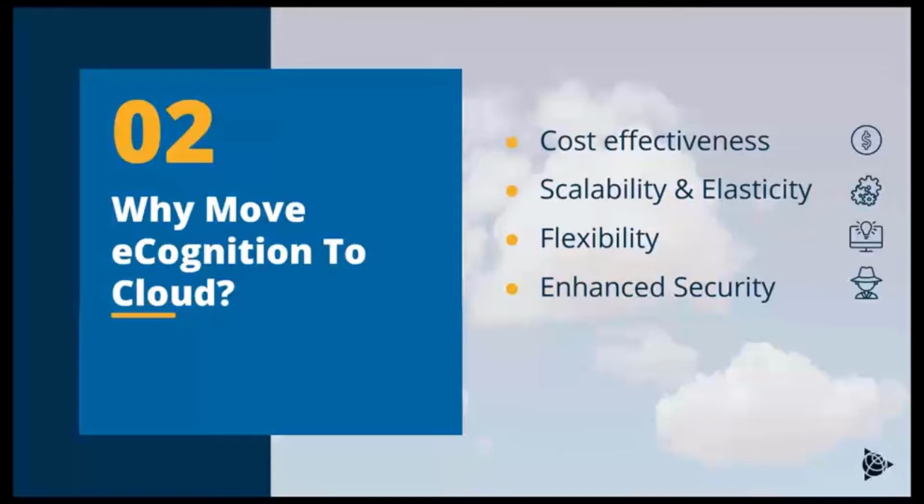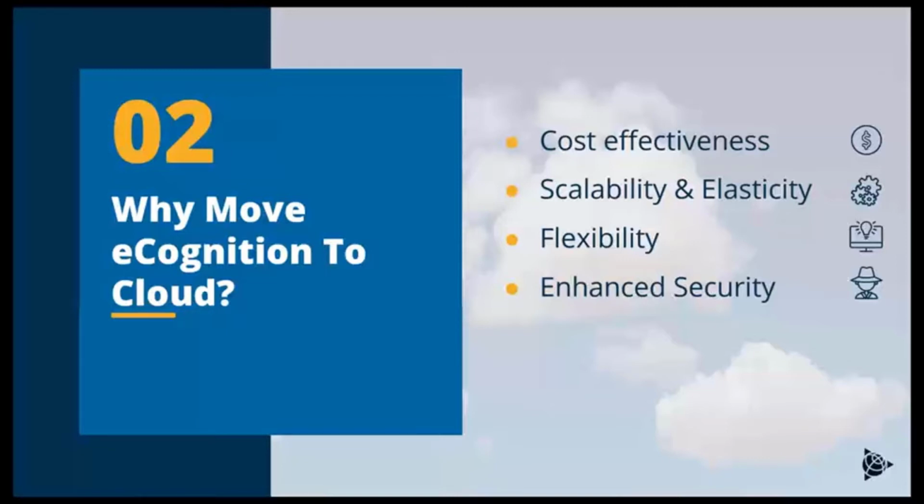For example, data encryption is native to cloud environment, so you don't need to use third-party applications. The automated disaster recovery is also a big benefit. And then you don't need to care about the physical storage of your data. But these reasons are probably very obvious. Everybody knows them. What is very interesting, especially for eCognition users, is that